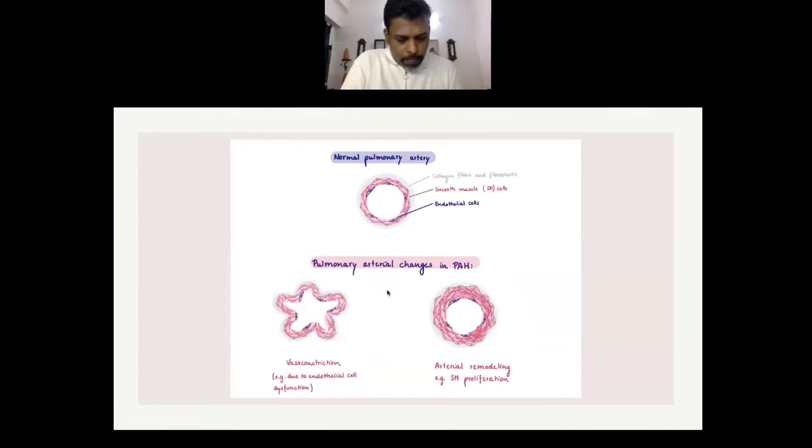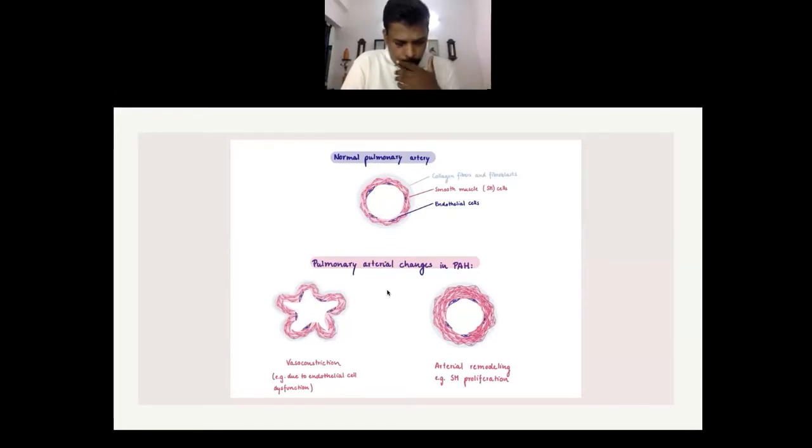So why could you have a problem within the pulmonary artery? Here I've drawn a nice wide open pulmonary artery. You can see here the smooth muscle layer, the collagen fibers around, and the endothelial cells. So when we're having a patient with pulmonary arterial hypertension, the pulmonary arteries are narrow, and this could be due